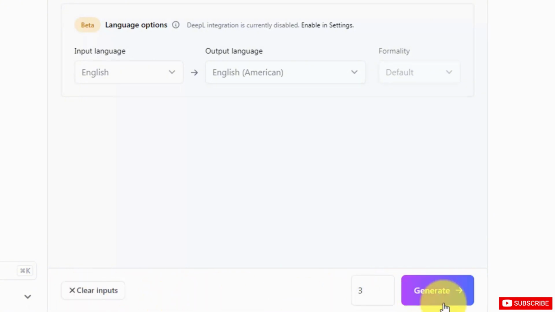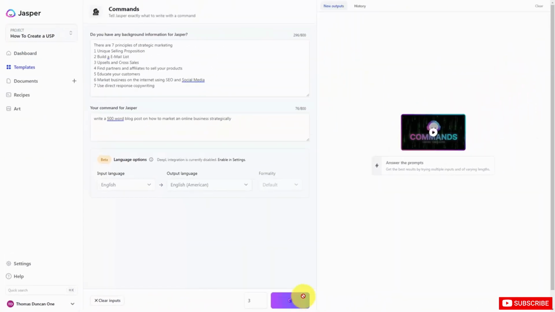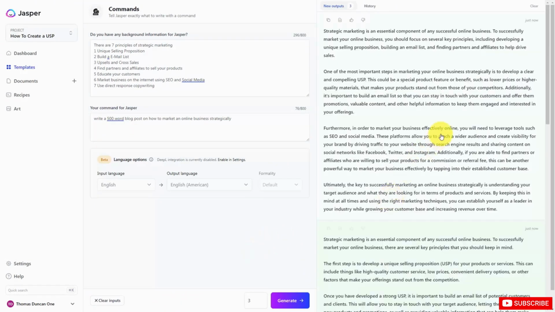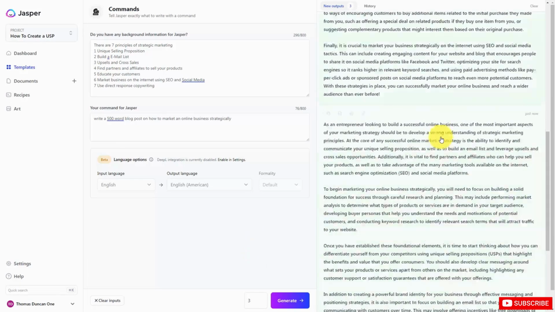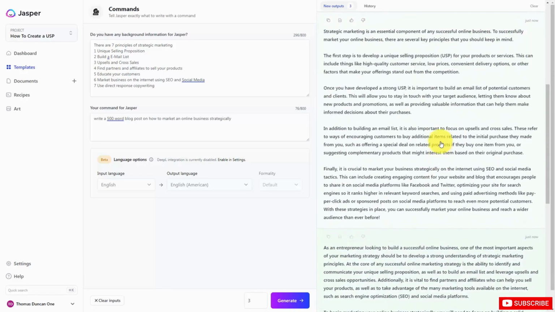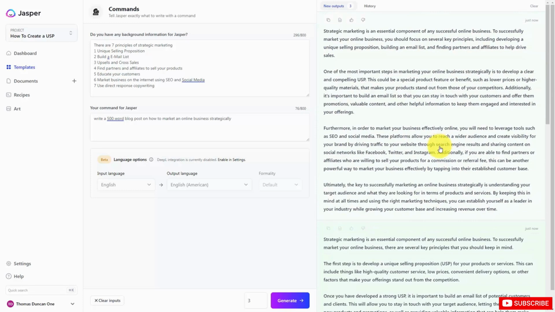Once we've done that, we can then click Generate, and we will then wait for Jasper to create our content. You will then see your different levels of output, and you can choose the one that you like best. And what you can do is tell Jasper which one is best by upvoting one, and you can downvote the other. You can then copy your content,